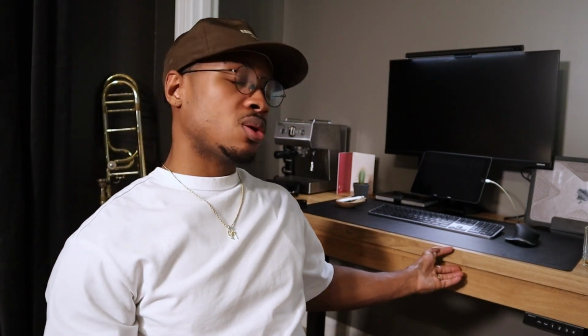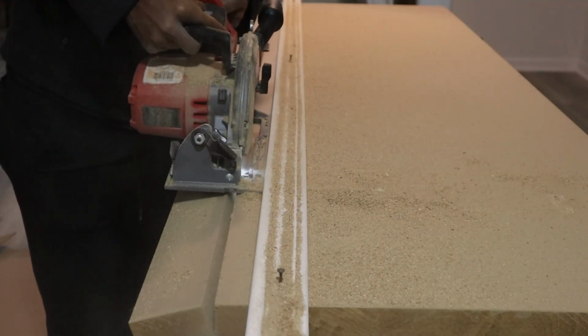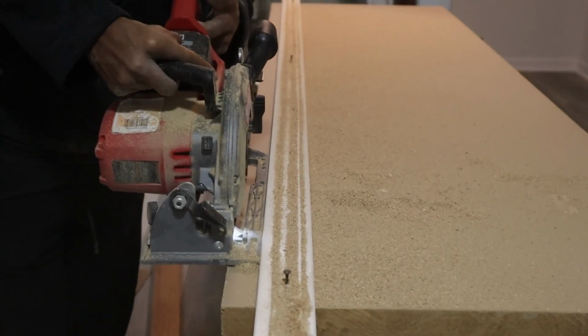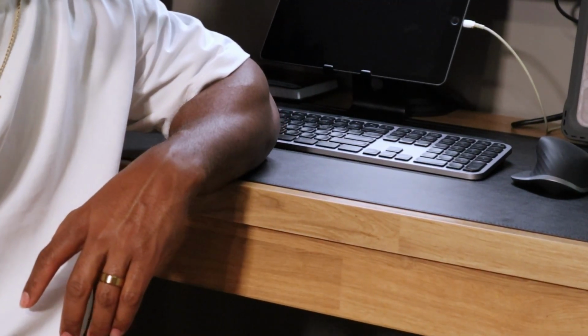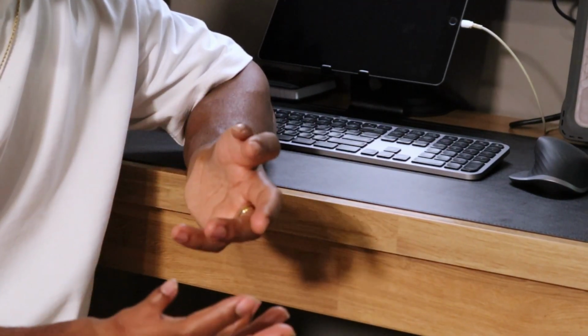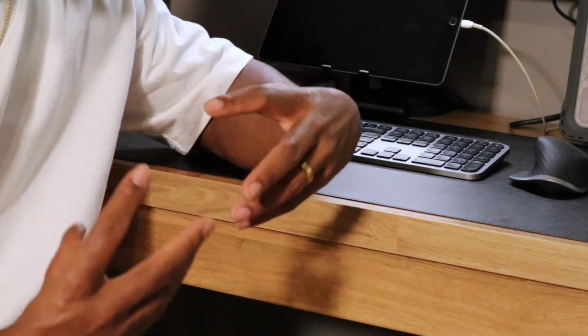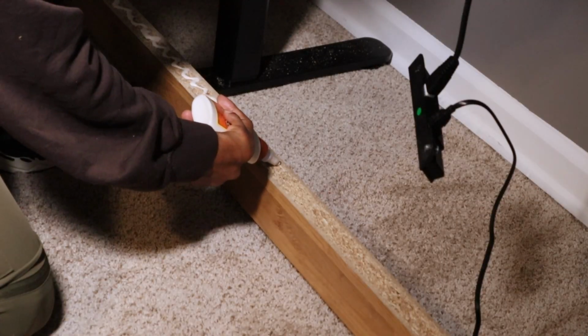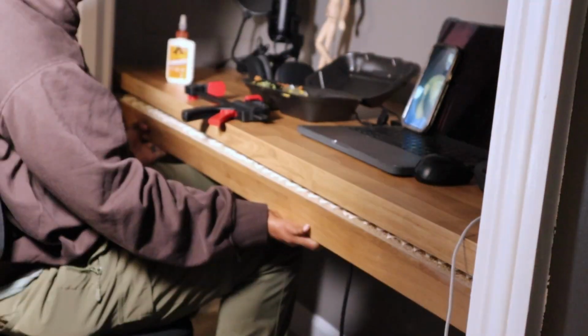I know you wondering how is this countertop so thick? It's because the full depth of this countertop would not fit inside of this closet, so I had to cut it down. Once I cut it down, I realized that I could have just kept it as this piece and mounted it on the legs, but it looks skinny like that, and I wanted a more robust look. So I took the piece that I cut off the back and I glued it to the bottom